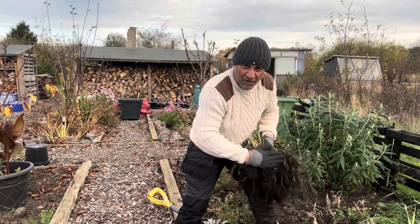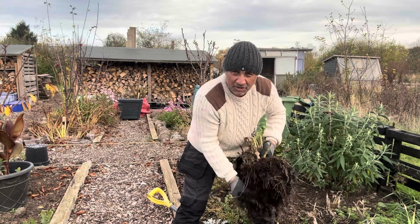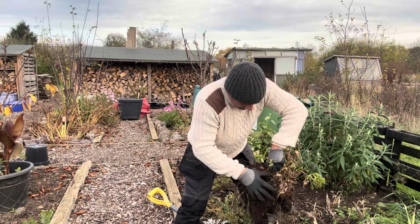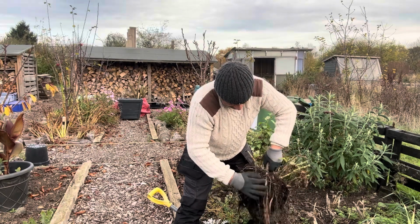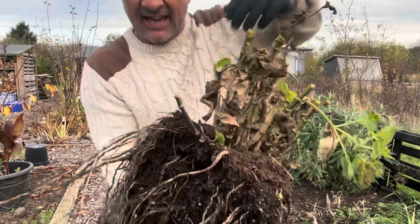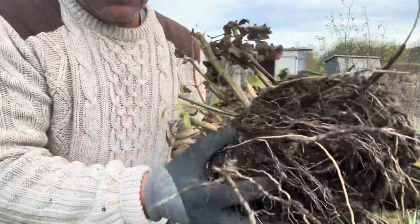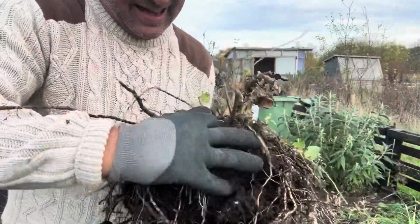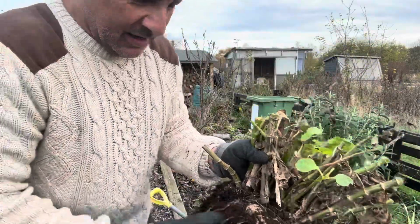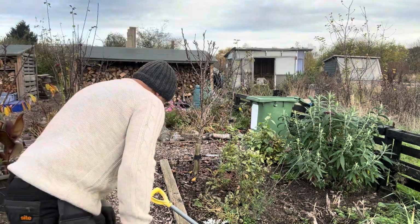So I will just knock off the rough. I can't believe we're here again. It just seemed two minutes ago since I was doing this. That's nearly a year. So as you can see, you've got quite a lot of soil around those tubers, so I think it's easier to get off once it dries a little bit. So I am going to crack on